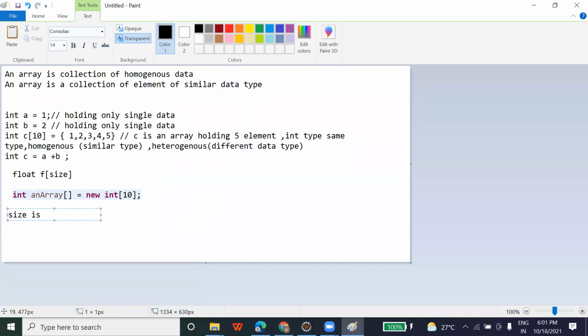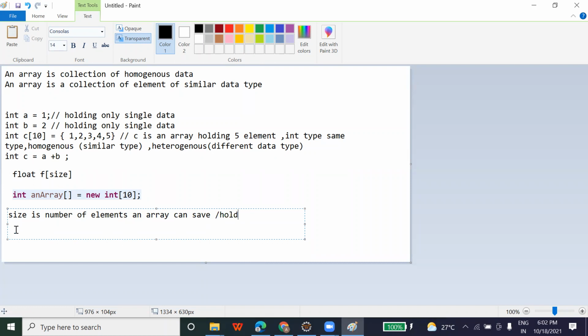So size is the number of elements an array can save, or you can say hold as well. You can say both. Size is the number of elements an array can save or hold.